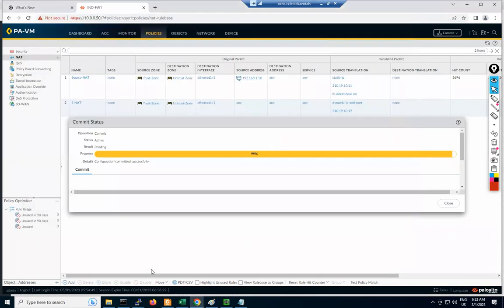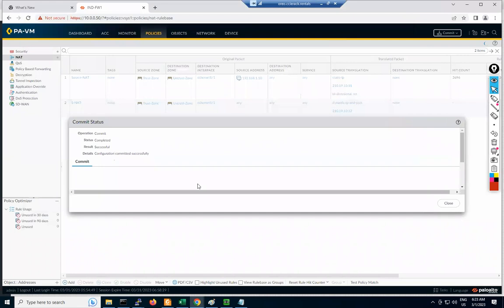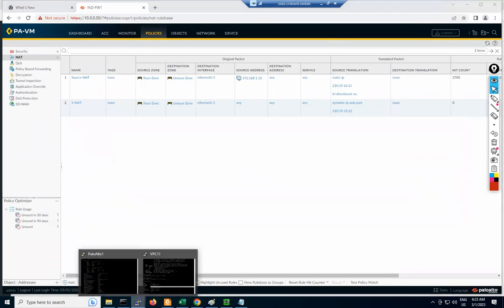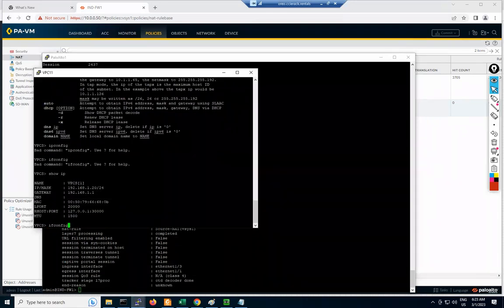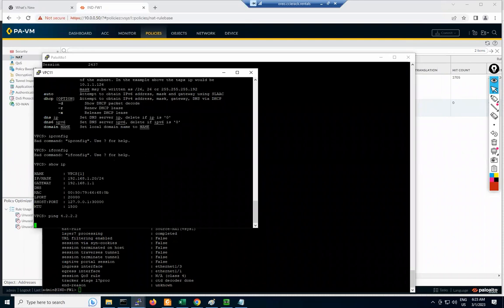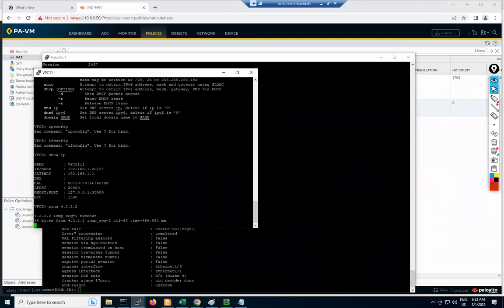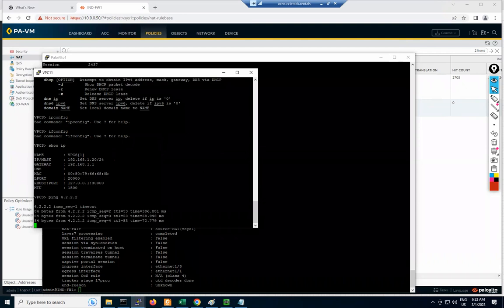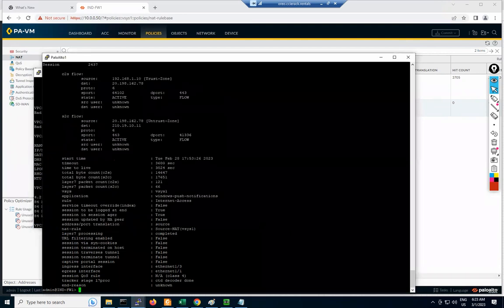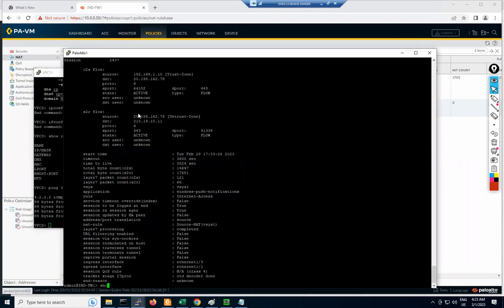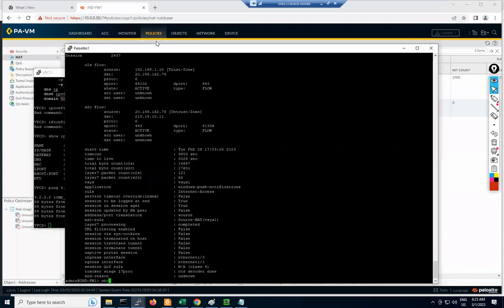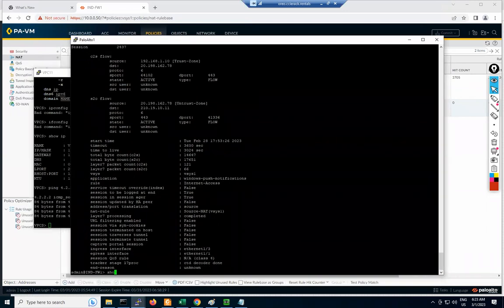Oh, it's not that. Okay, commit is done. So now time to ping from this, right? Okay, guys, we are getting reply, but we have to check the packet. So guys, as you know, if we check through the GUI, it will take time. So now if you want to see a specific filter, show